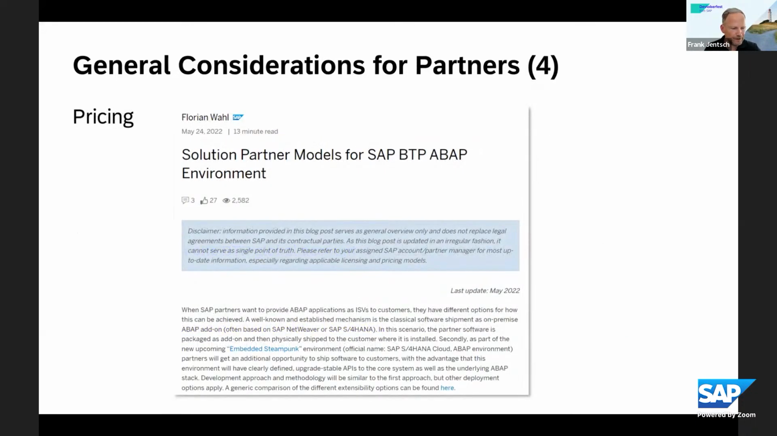All right, last but not least, a few words about pricing. There's a blog post by Florian Wahl, and this blog post explains the different contractual models which we are providing for partners. So there are different models with and without revenue share and OEM approaches and so on. So please take a look into this blog post. It's also nicely explained how the different types of system landscapes could look like, because especially the number of systems